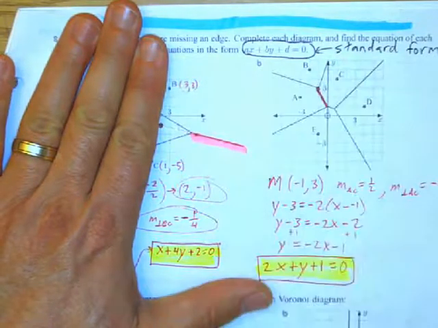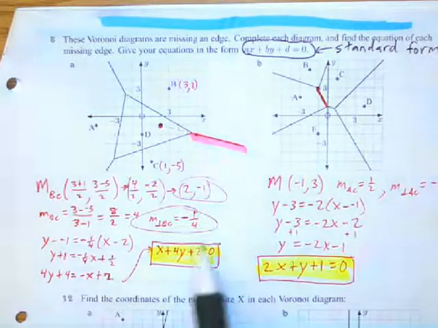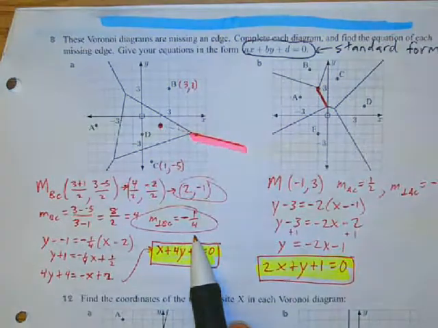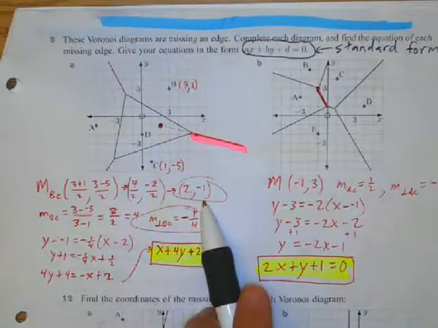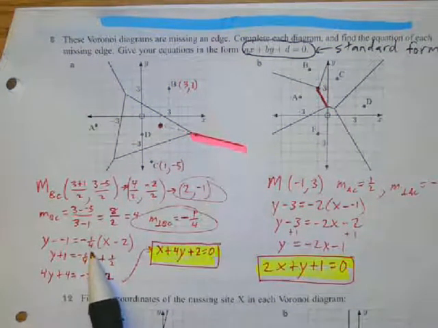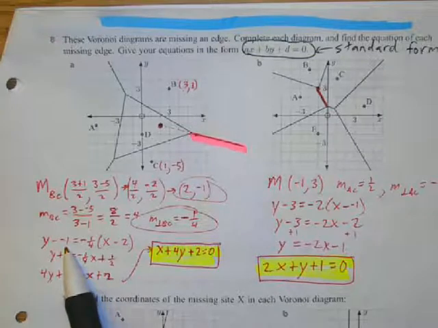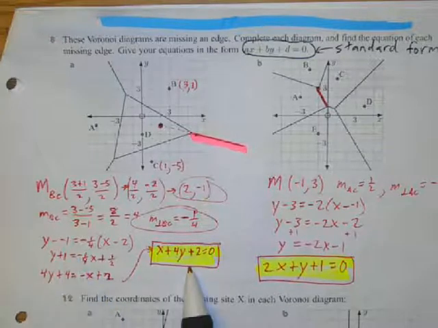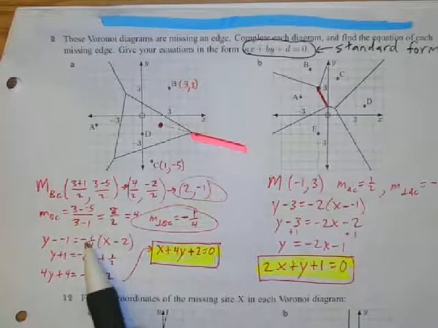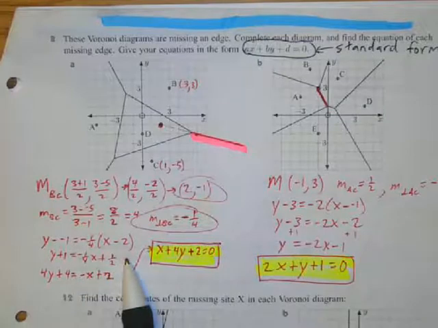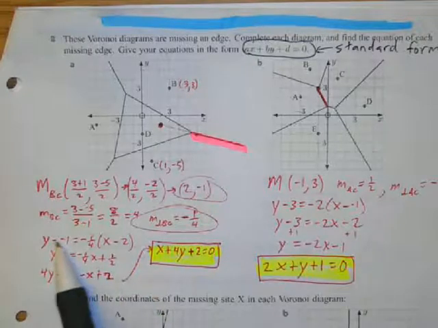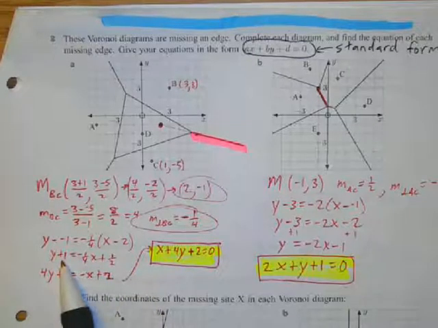Okay? So now that I've got a slope of -1/4, and I've got the midpoint of 2, -1, I put it into point slope form. There's my slope, x value of 2, y value of -1, and now we can simplify it to put it into standard form. So distributive property with the 1/4, and minus -1, that's going to be +1, right? And then